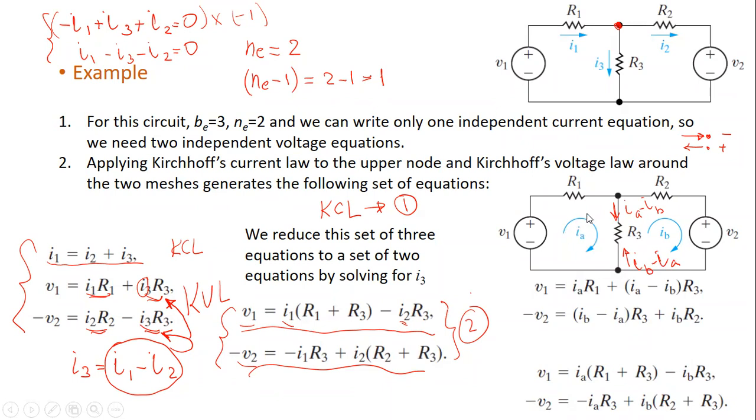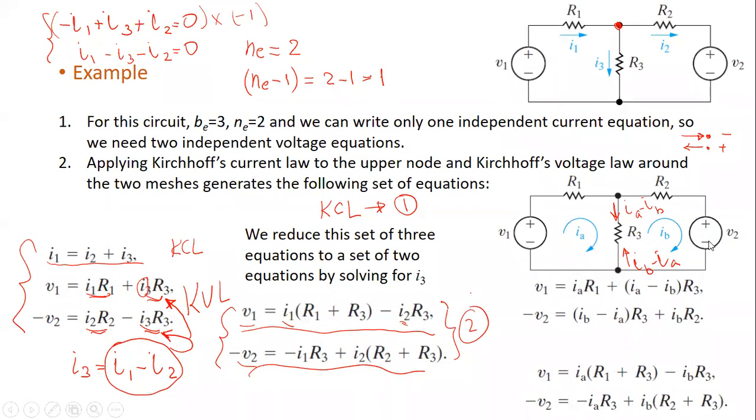So why am I saying IA minus IB downward? Because IA is flowing downward while IB is flowing upward. And this is why I'm writing the voltage drop as R3 times (IA minus IB) when I'm writing KVL for the left-hand side mesh. While if I want to write KVL for the right-hand side mesh, I start with